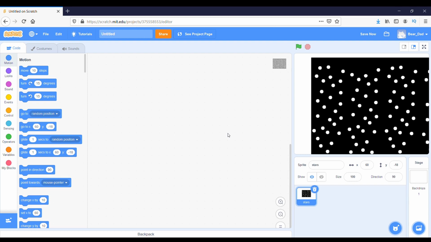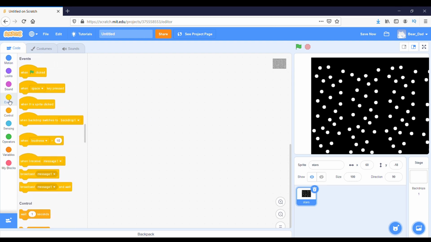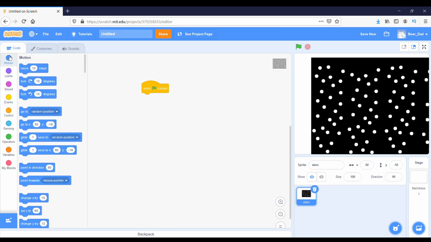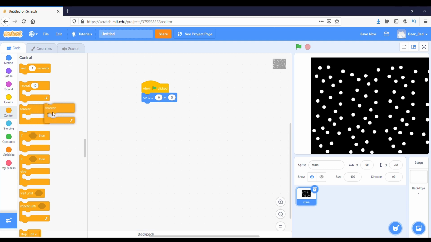Then on the stars we will add some code. We'll go to events. When clicked, we will go to the X and Y position, and we will put it to 0 and 0. Then go to control, we add a continuous loop, and then